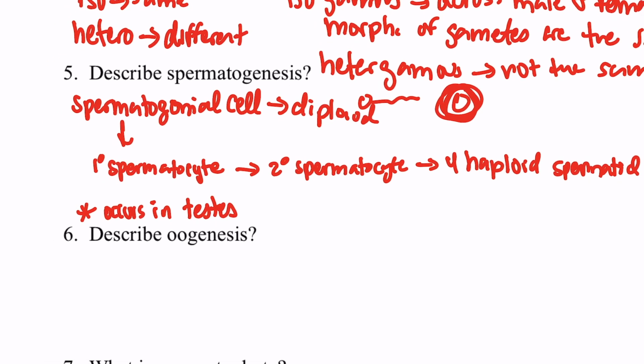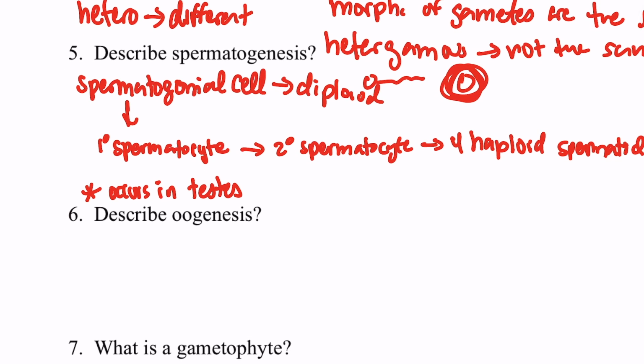So now for oogenesis. It's very similar to spermatogenesis. The end products are not the same though, and it's not as continuous. The males are going to always continue making sperm. They'll make thousands and thousands of sperm, while with oogenesis, you're born with a certain number of eggs. They're created in the womb. So it's a bit more pricey, it takes a bit longer,